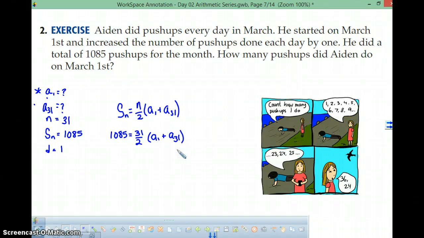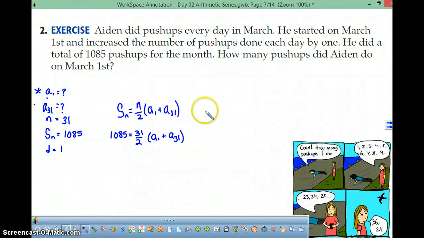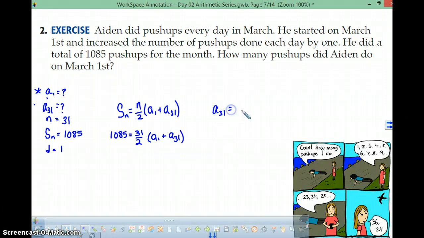Good? Okay, second equation. Looks like I better move my comic out of the way. Let's move it down here. Second equation. Let's try a sub 31 equals a sub 1 plus the common difference times n minus 1. Good? What do we know? Well, we don't know this. We don't know this. So we'll just leave it as a sub 1 plus